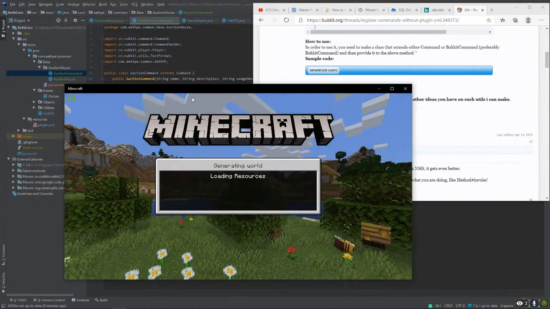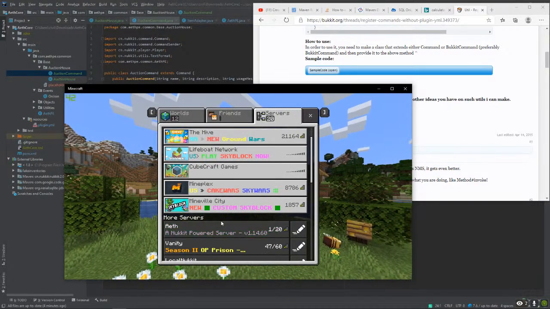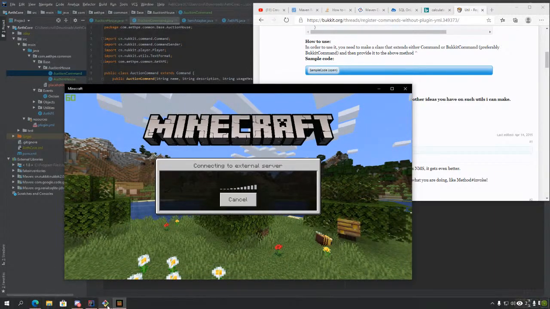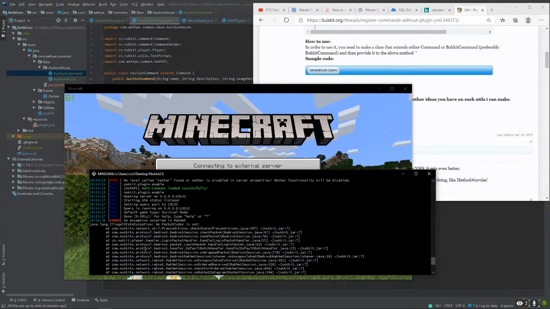Oh, okay, I'm really stupid. I tried joining the actual, okay. So this is the actual local hosted server on my computer. And that's an issue for me.